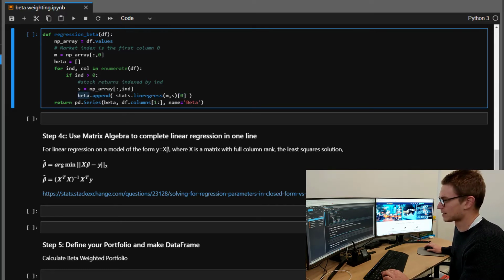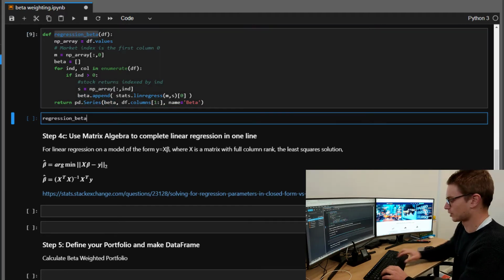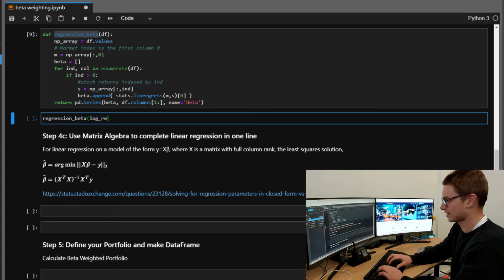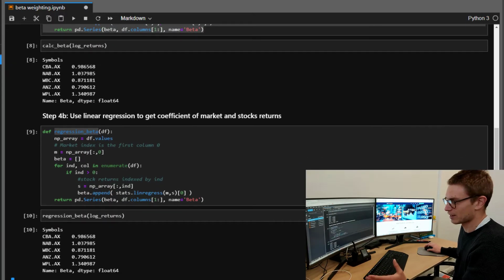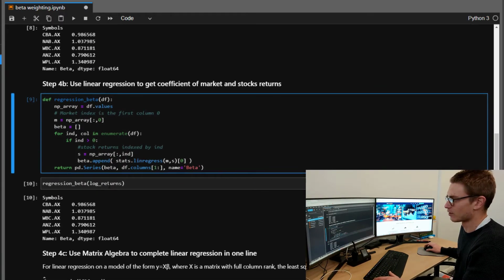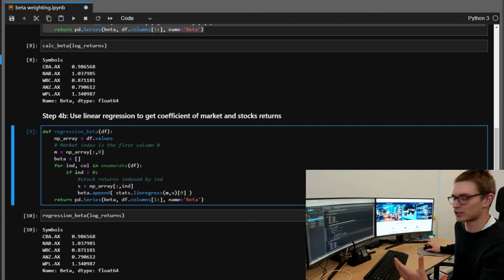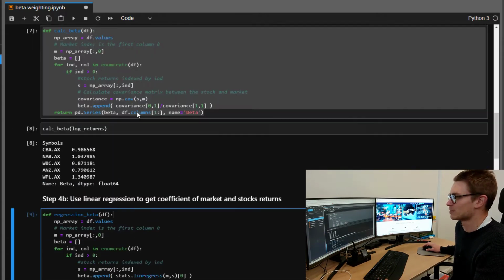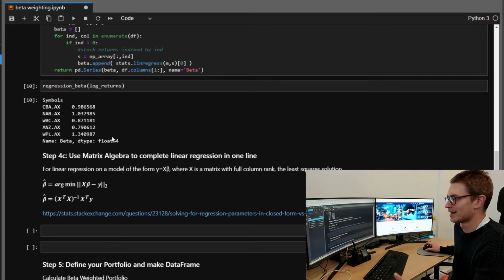So we're still getting our betas in here. We're still taking the columns. Excellent. Now that we've got this function, let's make sure that we get the exact same betas that we've just worked out there. So you can see completely different function, different methodology, but we have the same betas. So this is just another tool in your kit that you can use to calculate these things. Now, both of these methods aren't very clean. We're iterating with every column of every stock. It's kind of building up a list and then building a data frame. It's kind of tedious. Now we can use,